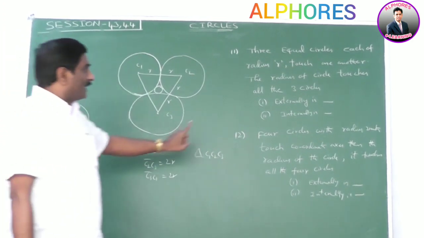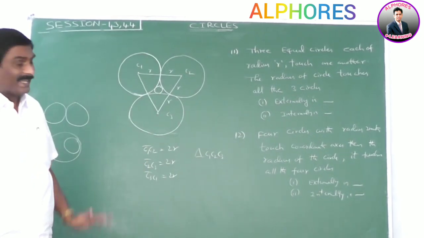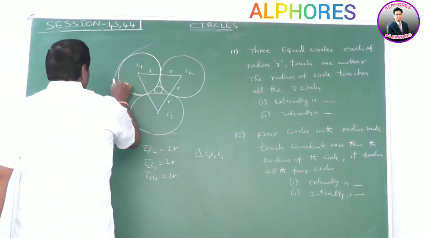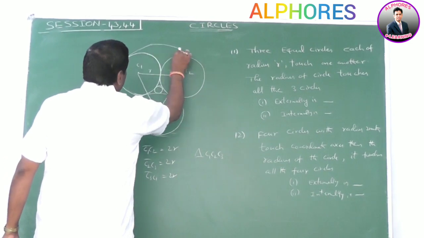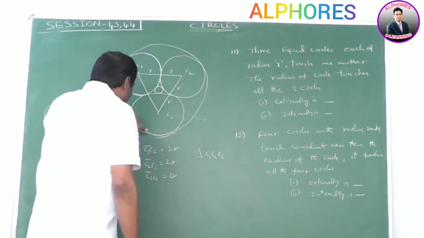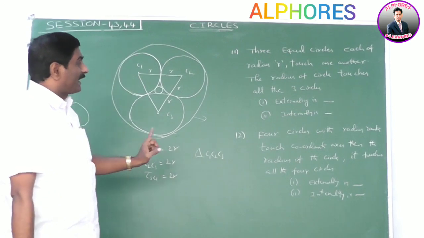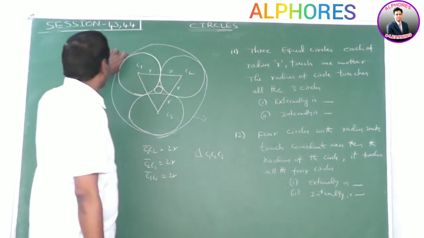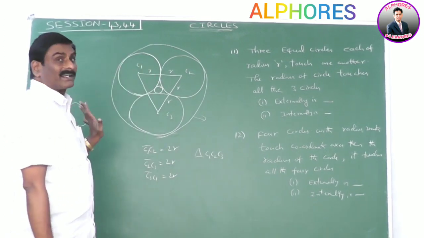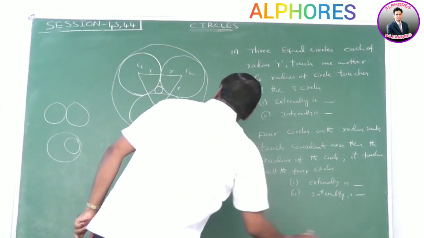The radius of the circle that touches all the three circles externally means this circle. Okay. Next, internally. Internally means here there is another circle. This circle touches all the three circles in this way. Please observe this diagram. This circle touches this circle internally, this circle touches this circle internally, this circle internally. That means the radius of the circle which touches internally is the radius of this second circle. The first circle touches externally, this circle touches internally. Okay? No problem? Next.